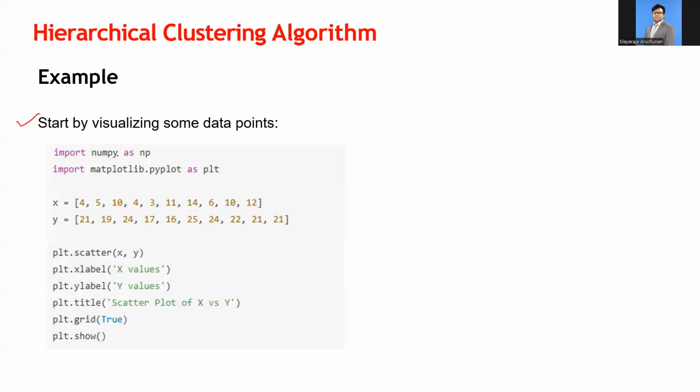So we just import NumPy as np, and then import matplotlib.pyplot as plt, and then we list down all the X and Y values. X, as I said earlier, is the study hours, and Y is the marks obtained, or exam marks. In order to visualize the scatter plot based on these two entries,